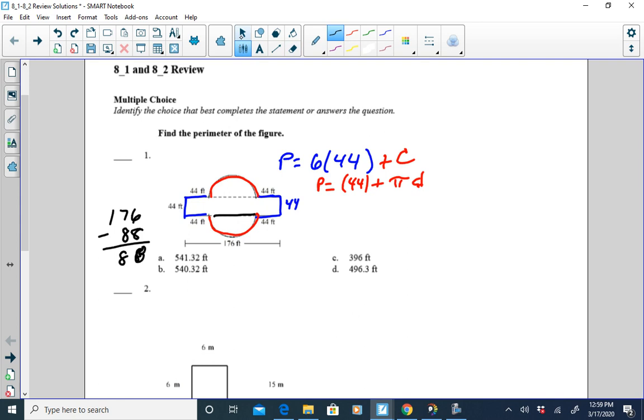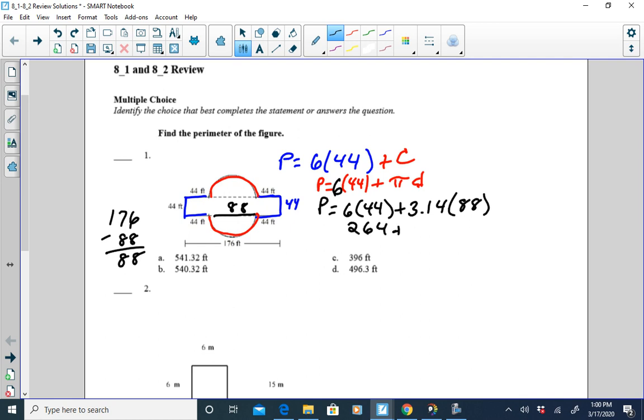All right, let's redo that because that's a little sloppy. That's going to be 88 feet. 176 minus the 88 is going to give us 88 feet for this diameter. So the perimeter is going to be equal to the 6 times the 44 plus 3.14 times that diameter, which is 88. Alright, so with your calculators, you want to do the 6 times 44. It's going to be 264 for this part here, plus